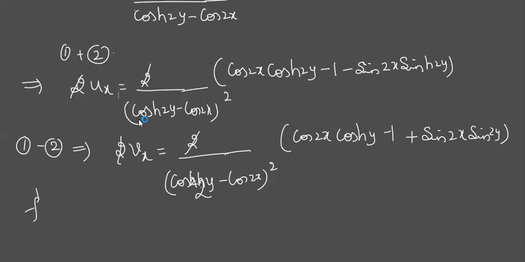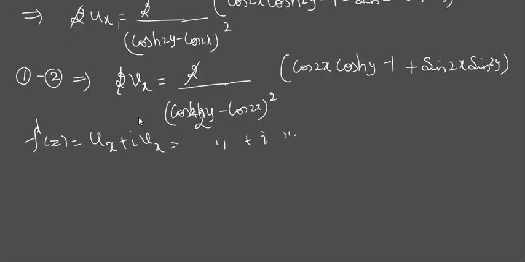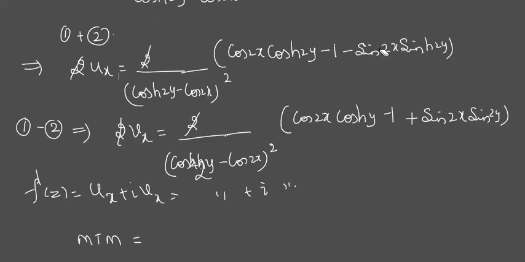Directly use the expression f dash is ux plus i vx. No need to use anything else because ux and vx are already there. Just substitute. When you apply the Milne-Thomson method, again you will get a similar thing, because these terms become 0. Just substitute, simplify, and check with the answer. You'll get a similar thing: the answer is cot z here also, some complex number will come extra. That's all.